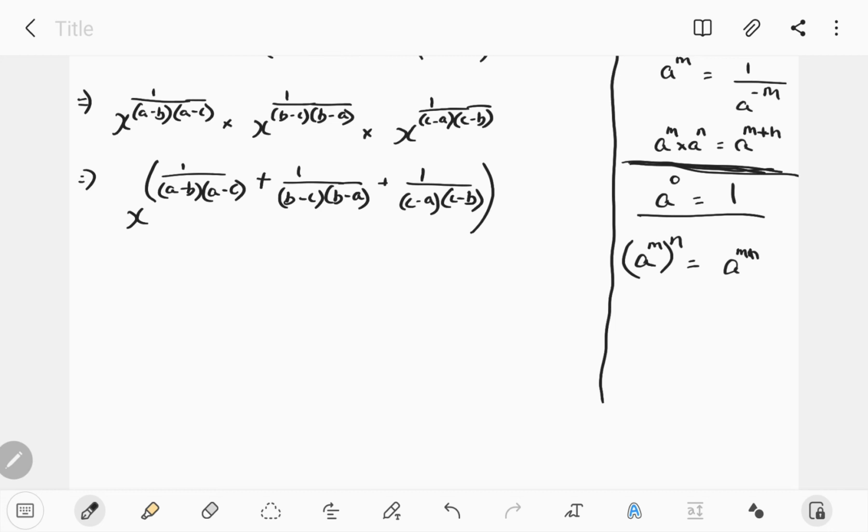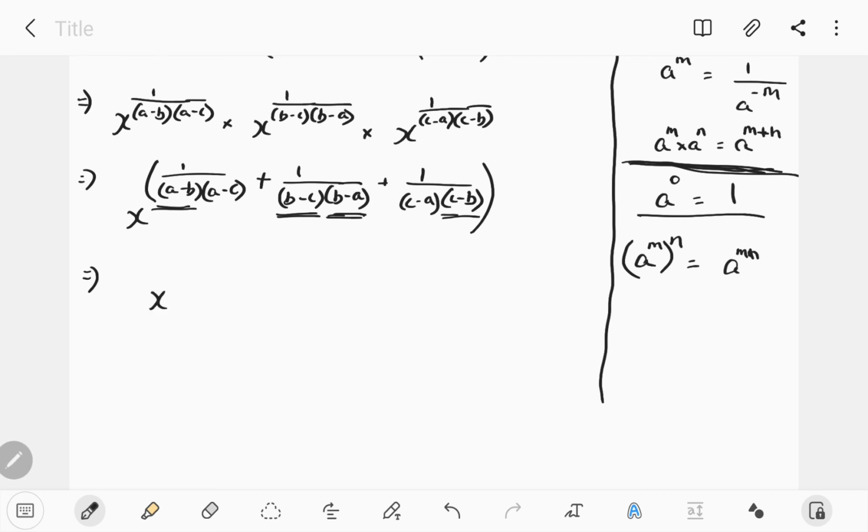Now I have to take a common denominator. I have to find the LCM. Here, in this denominator, if I take minus outside, I'll be left with minus of c minus b, which will give me a common factor with this term. Same way here, if I take minus outside, b minus a is nothing but minus of a minus b. It will have a common denominator. Part of the denominator is common over here with this one. Okay. So